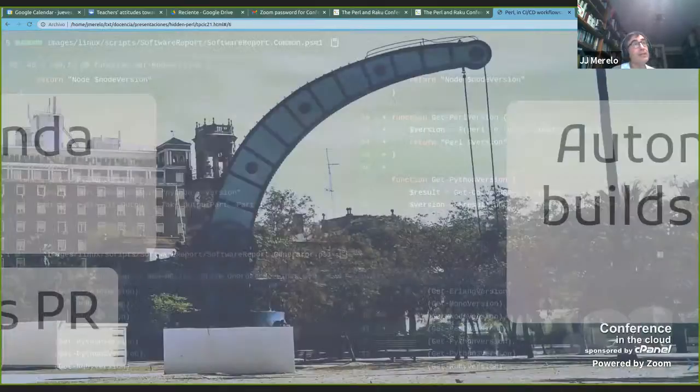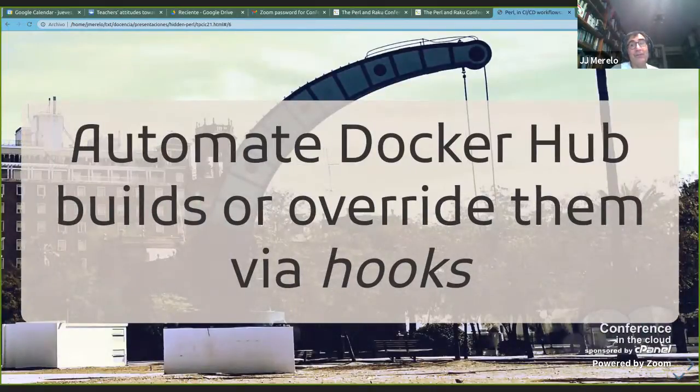So again, there are many other things that you can do. You could say, for instance, what happens with GitLab pipelines, what happens with CircleCI runners or Shippable or whatever. Can you work with them in Perl? I haven't checked them. You probably can, but where I'm totally sure that you can use them is in Docker Hub. So Docker Hub, everyone uses it for creating, or for compiling, the Docker images, which of course is